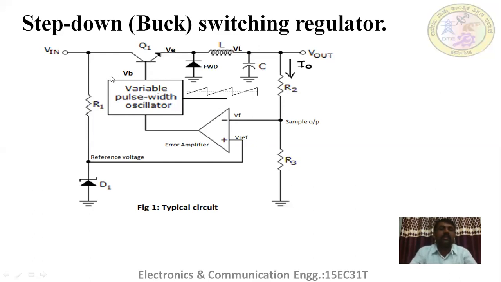Right? So let us see what is the operation of switching regulator. So we are focusing on switching. Switching means on off. What happens when this transistor is on and when this is off? Let us see. When this transistor is on, it means it is closed. The input starts to flow through this line, through this path.